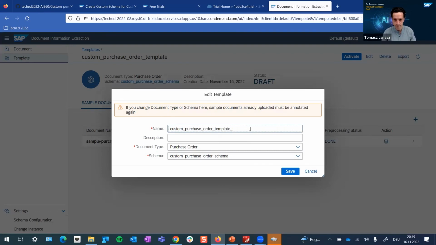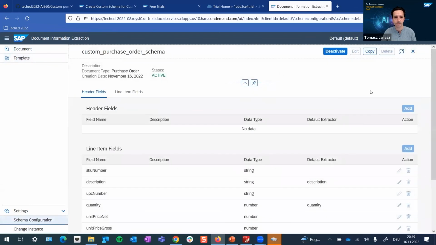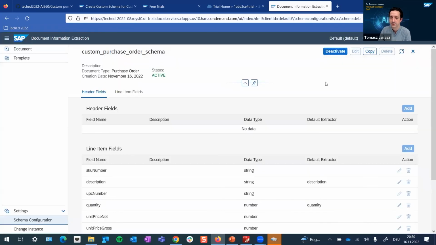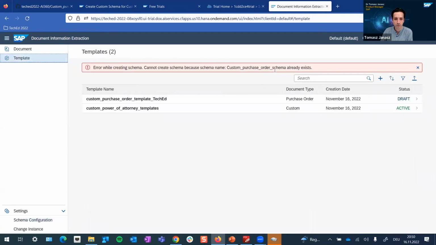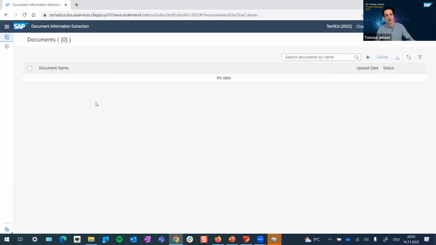Let me call it TechEd. And I can go back to the schema. Okay, I cannot deactivate the schema because it's being used by the template. So basically, what I would need to do for that, I would need to delete the template and rename the schema. But since we are in the live session, let me change to my backup system, which is my internal